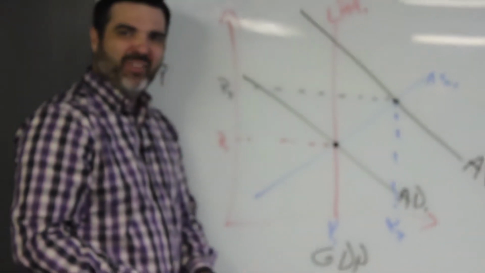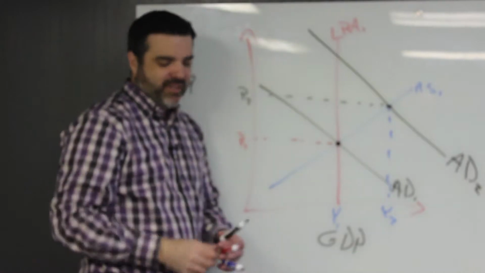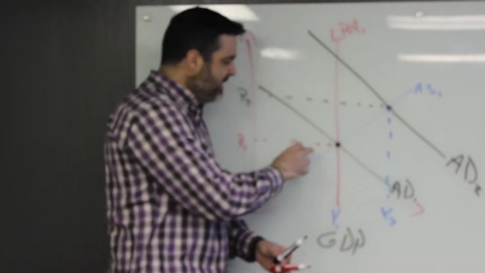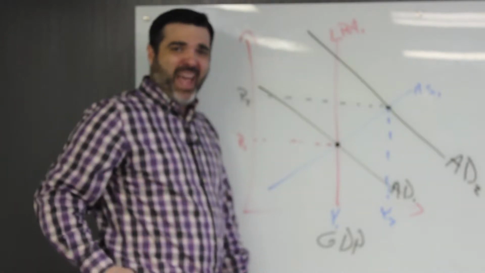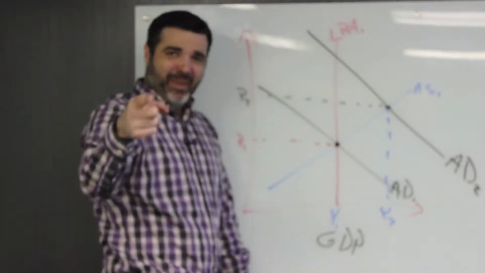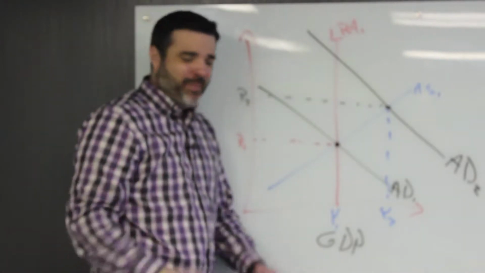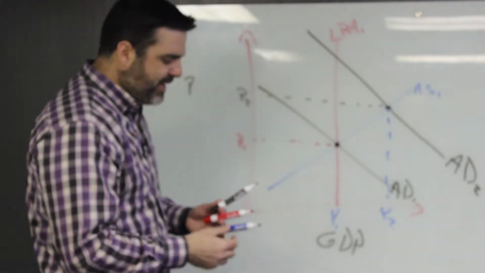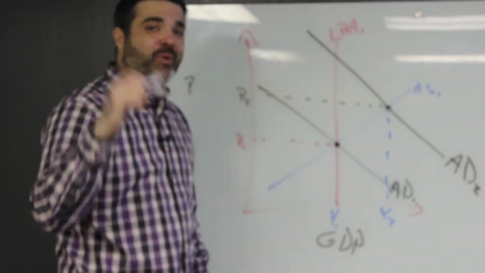But what's going to happen after a while? People start to see that prices are going up. This is what some economists say will happen. People start to see, hold on, prices are going up. I need to get paid. You got to pay me more because I'm paying more for all my stuff. You got to pay up. And what's going to happen to employers after a while when everybody's coming to them and saying, you got to pay me more? Well, all of a sudden, labor prices go up.